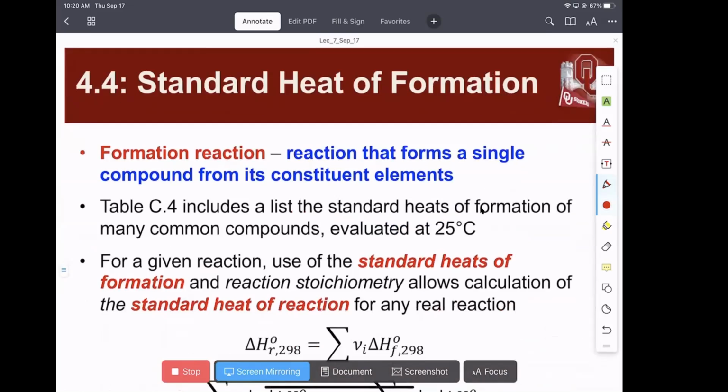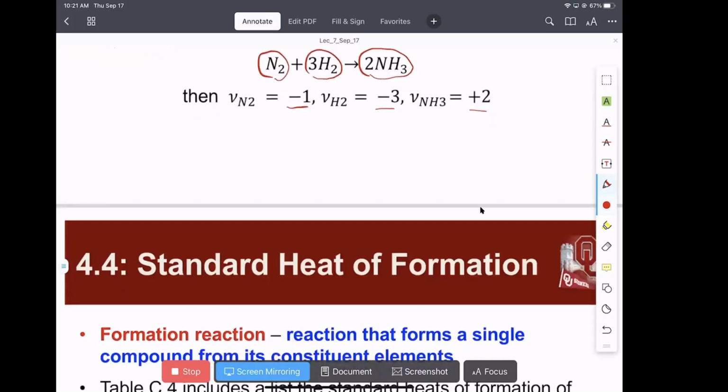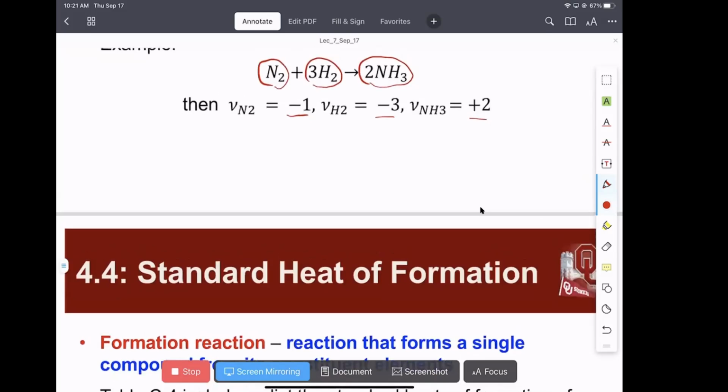So let's take a look at the standard heat of formation. You may ask why you started the discussion with the standard heat of reaction, and then you try to talk about the standard heat of formation. What's the point? If we stick with that equation, let's use this reaction as an example. Here we need to understand the change of energy involving nitrogen, hydrogen, and ammonia. So when we look at the reaction,